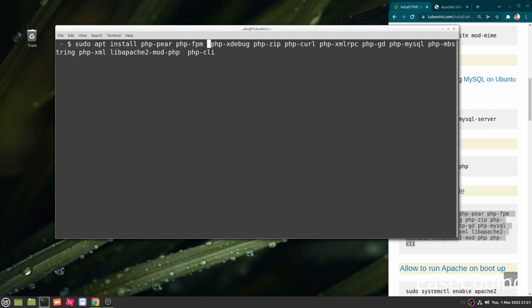I don't need PHP dev. I don't need fpm on my local system. I also don't need PHP pear. So I need PHP CLI, xdebug, zip is also required, XML,